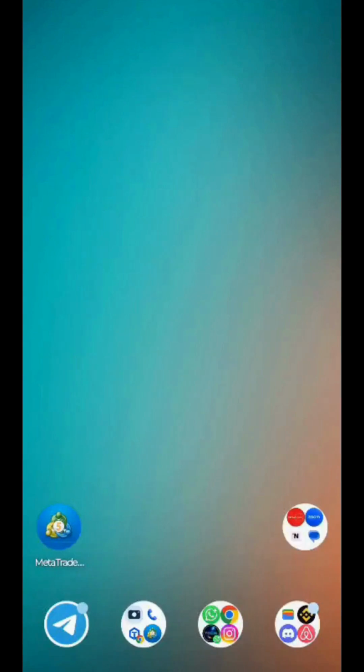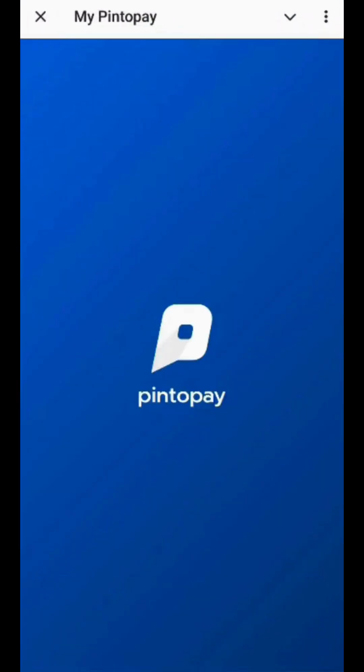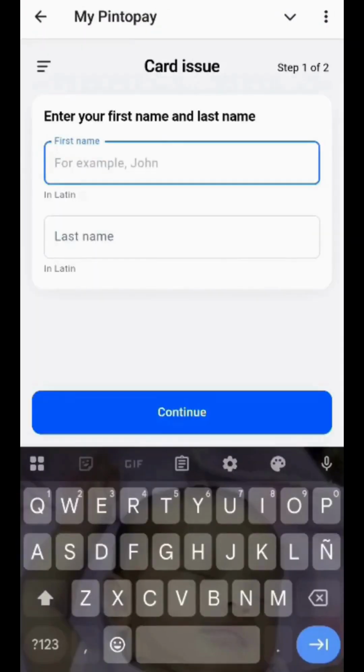To purchase the My Pintopay card, what we need to do is go to Telegram. We look for the My Pintopay chat, open it, and it automatically redirects us to the cards page. We're going to tap at the bottom where it says open card, and we're asked to fill in some information